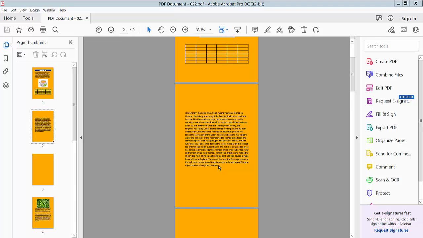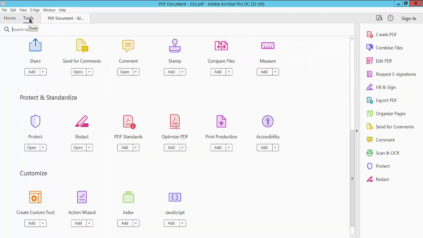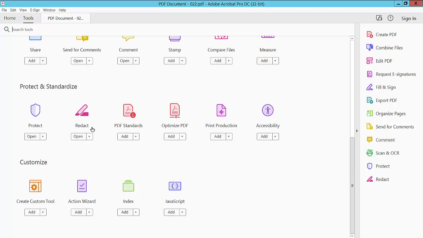Hello everyone, today I'll show you how to white out a page in a PDF file using Adobe Acrobat Pro DC. Open your PDF file and click on this Tools option and scroll down. Here you will find this Redact option. Click here